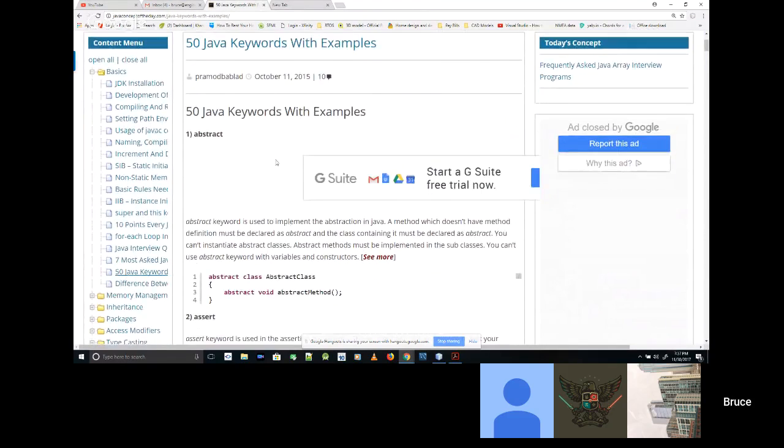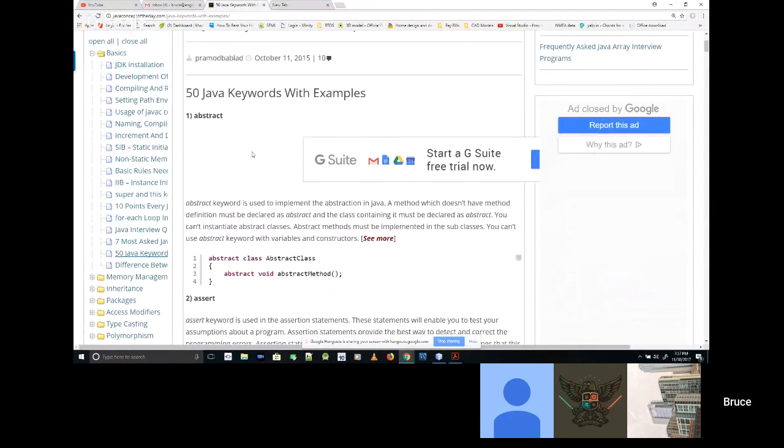So I suspect this is a full list of all the Java keywords. It probably is. If there's a couple more, I don't know. You probably don't need them because they're not that important, but you'll run into something and you'll be like, oh, I can add that. There's some of these keywords that we've gone over and others that we haven't. Let's go down the list.